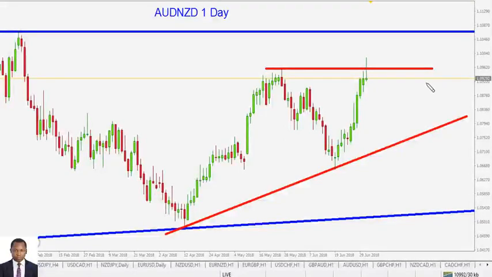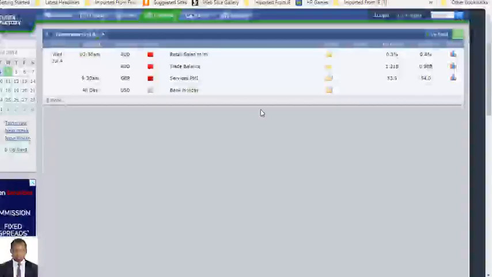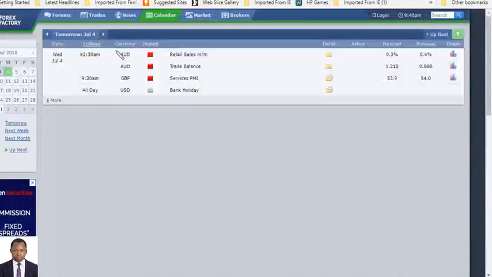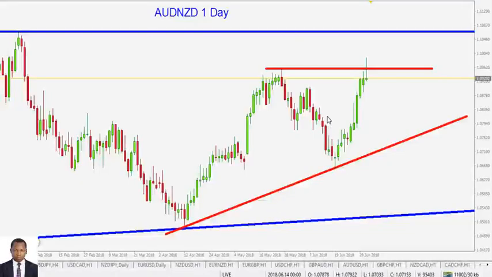All right, if you are also looking to trade here, do not forget about the news announcement that is coming from Australia quite early. Retail sales and the trade balance will be released, both of them coming from Australia. That is another reason why I might not. Anyway, the news announcement might not affect this trade so much, but for this very reason here, as support, I am going to be flat for now.